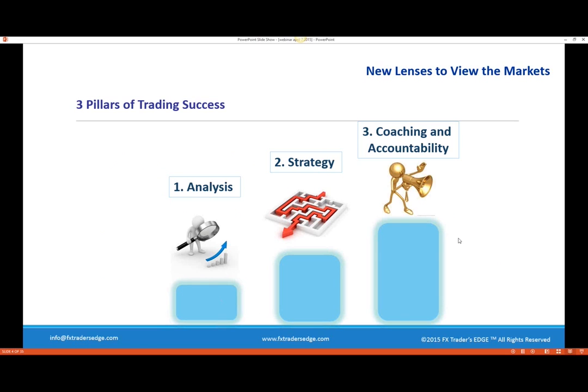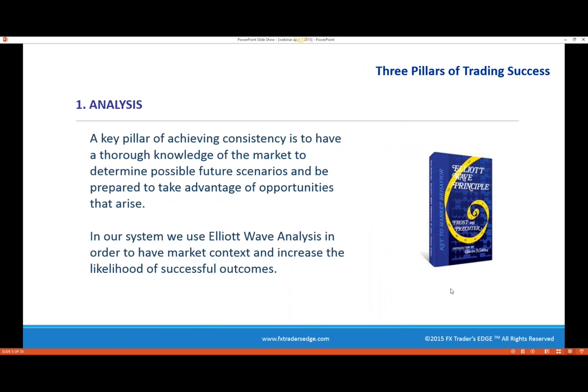And then I'm going to show you some important tips on how to tell when the trend is ending, when the new trend is beginning, and hopefully you'll be able to take away some primer on Elliott wave analysis mixed with a little bit of technical analysis today. So this is one of the key pillars,